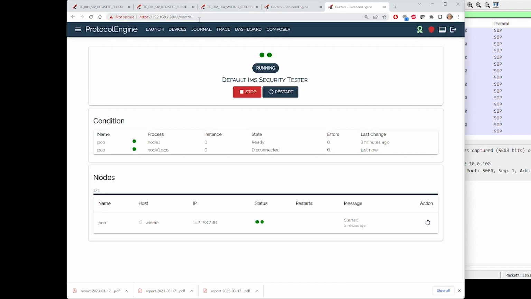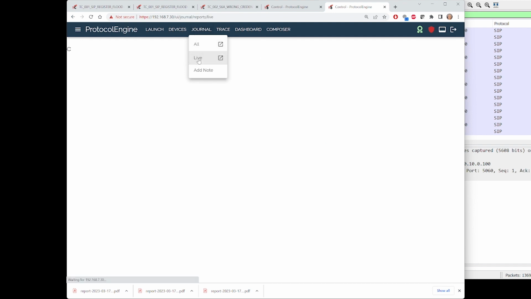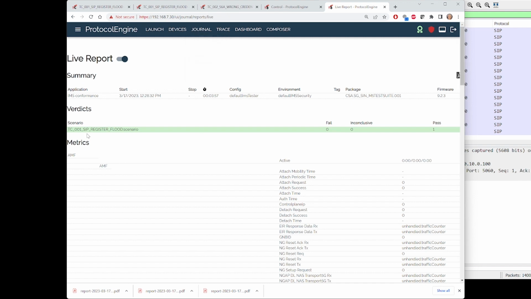Here, you can see a live journal that recorded the results of the recent test. As you can see, for this SIP register flood scenario, it records it in a report saying it passed, and the time it started, and the duration of the test, what config and environment files were used, what software version and firmware version. Also, if you look at all the journal,